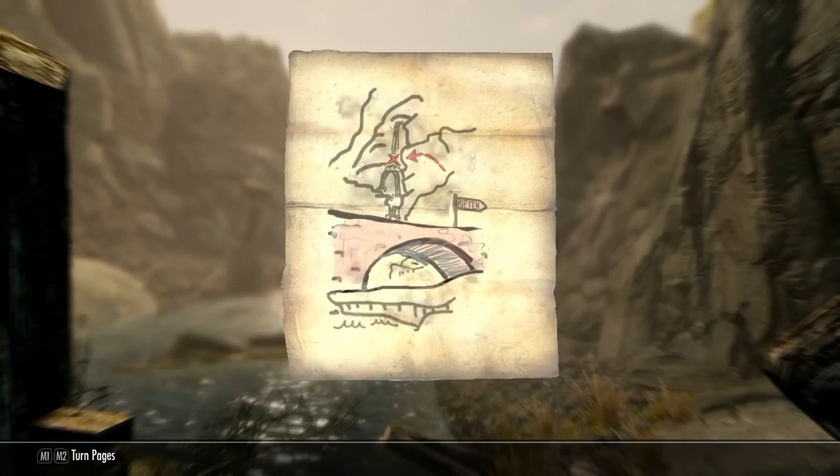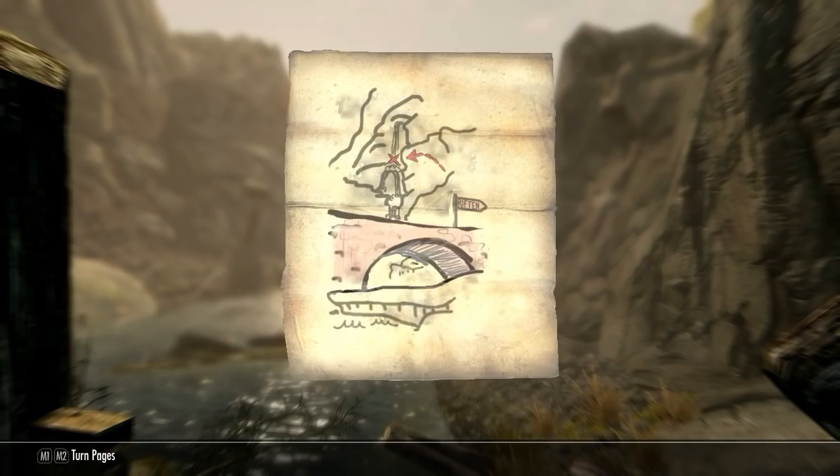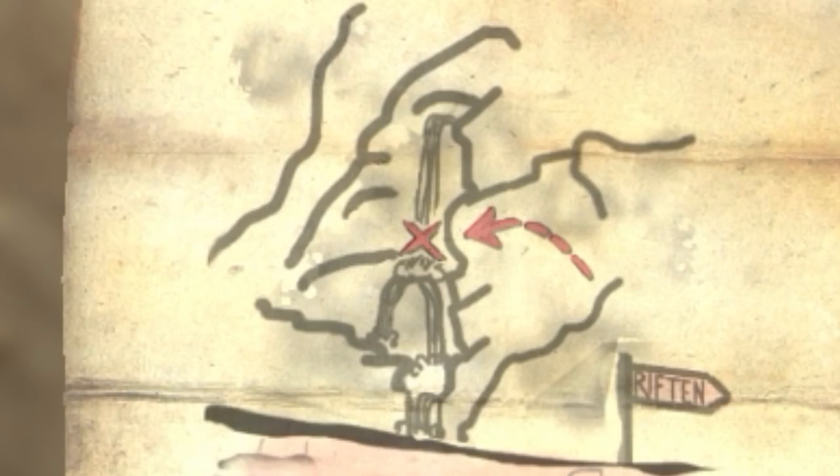First thing we notice is Riften. The signs are all pointing to Riften. Alright, this is going to be near there. Okay, this sign is also on a bridge that is leading to the city. Okay, so we know we have to check all the bridges near Riften. Fine, what else? This particular bridge happens to be overlooked by what appears to be a waterfall up in the